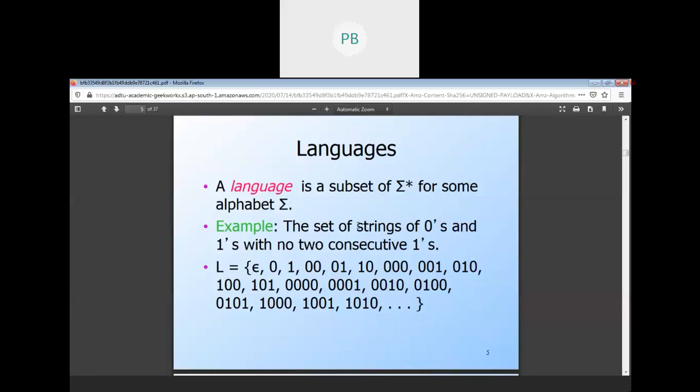Suppose Assamese or some other language comes from a language like Sanskrit, then Devanagari. That means they are the superset.